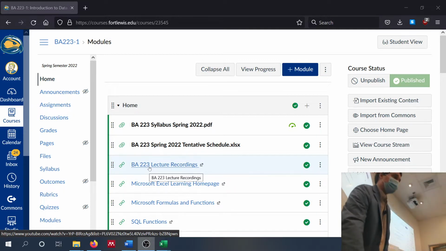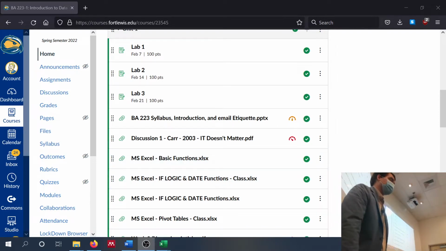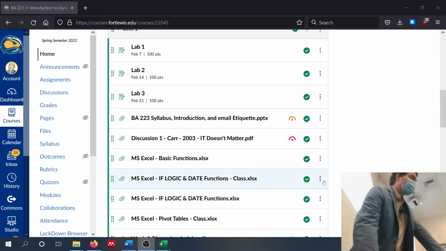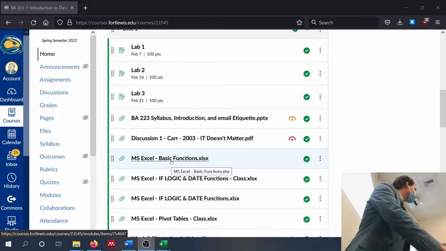As we scroll down a little bit here, we see our different labs. The first lab is going to be due on the 7th. We don't have anything due in here until the 7th of February, so a little bit of time. We'll have lab days in class as well, so don't worry about that. The file we're going to be using is this Microsoft Excel Basic Functions. Go ahead and download that.